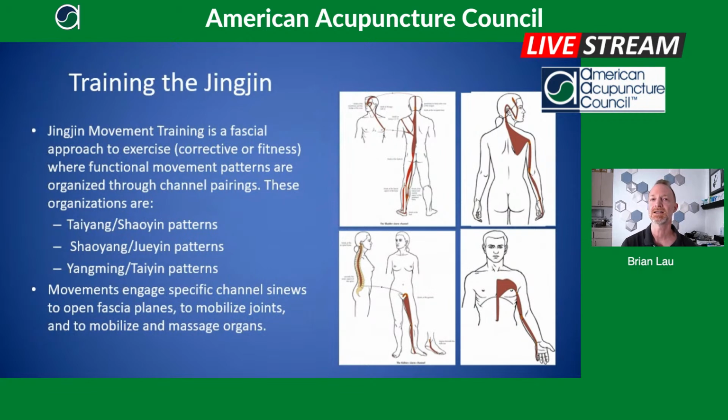So this is something I've been working on, especially starting just a little bit before COVID. And then all of a sudden I had a little bit more time when I had my practice closed for a little bit. I didn't have it closed too long, but that allowed me to really start getting into my own training. And as I was getting into a lot more movement training, I have a pretty extensive background with Qigong and Tai Chi and some martial arts. But I started doing a lot of body weight calisthenics, something I was really interested in